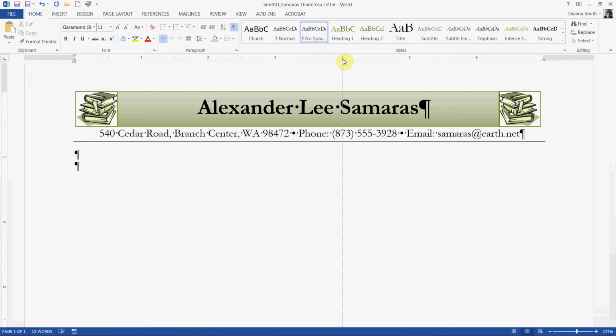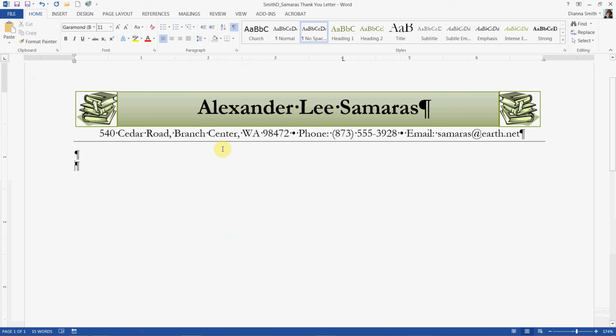Now another thing that's cool is the fact that you do have that line. Sometimes you try to line your tabs up with existing text. So let's say that I wanted my tab to line up with the word phone. All I'd have to do is slide until the line was in front of that P, and then every time I hit tab it would line up with phone. Pretty cool. So we are going to leave this at a 4-inch left tab, and that is set for the second